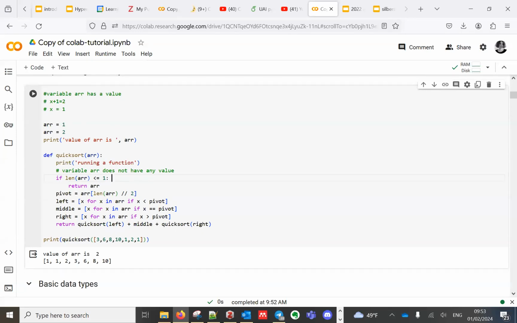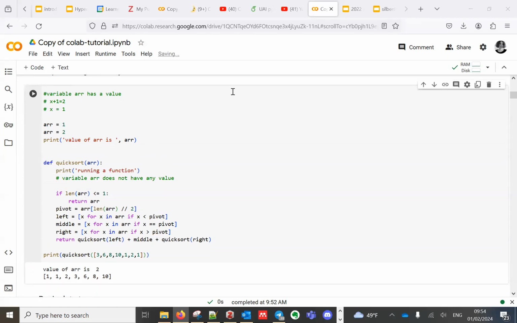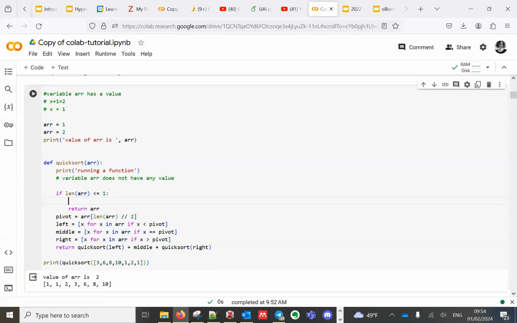by the user. And for this function, for example the function len, let's say that we want to print the value of the function len, right?